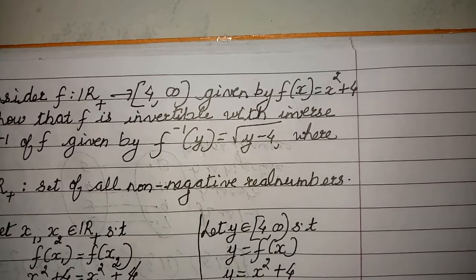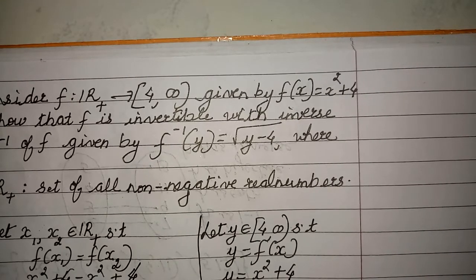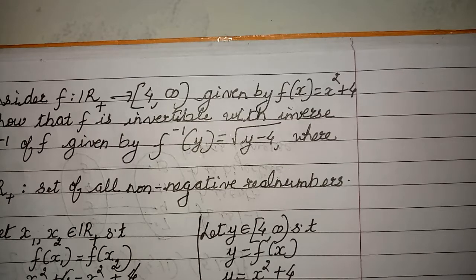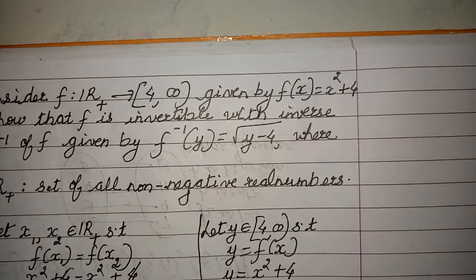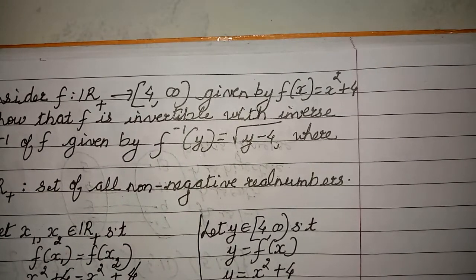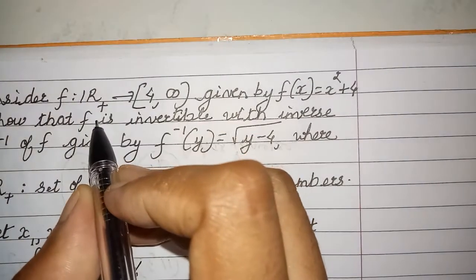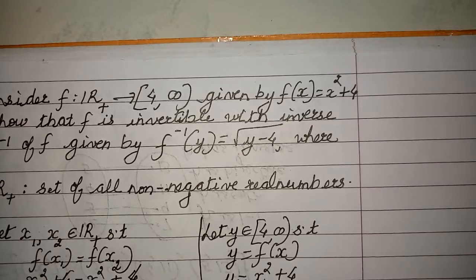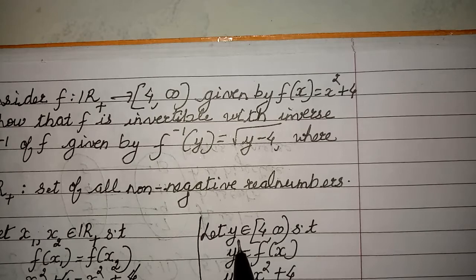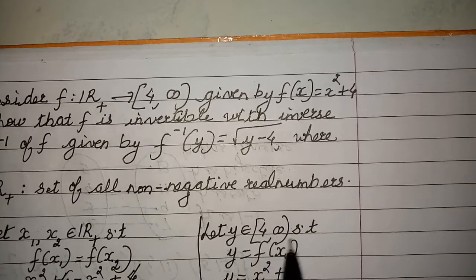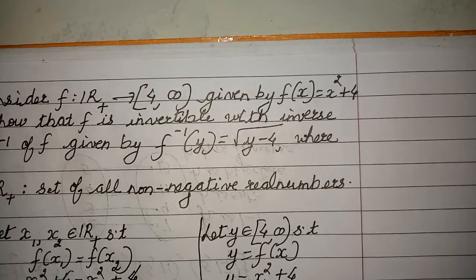But children, here if I am taking the square root, I have to take plus and minus root, right? But since your x is coming from R plus, x should be of the form square root of y minus 4. It cannot be minus because it is R plus. So under this condition, you are getting a pre-image for this element y belonging to [4, infinity): the pre-image is the positive square root of y minus 4.